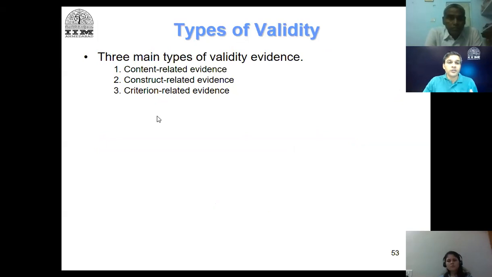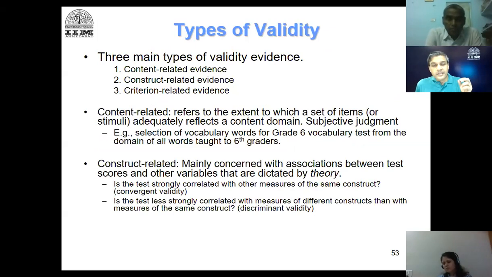There are 3 types of validity that we talk about. One is the content related validity. We spent our first session talking about how we capture the content of the construct, how we write items. That is a purely subjective step. So we have done that. The second is the construct related, which is mainly concerned with associations between test scores and other variables that are dictated by theory.